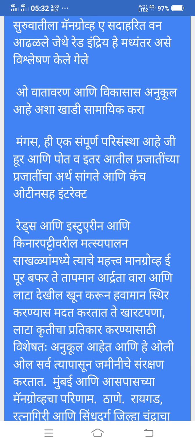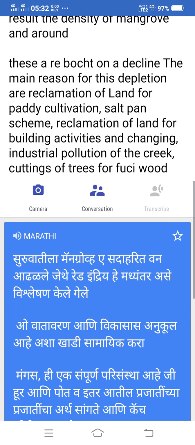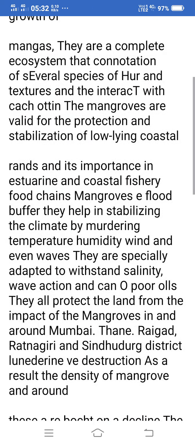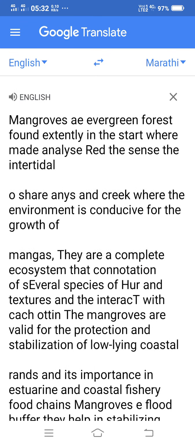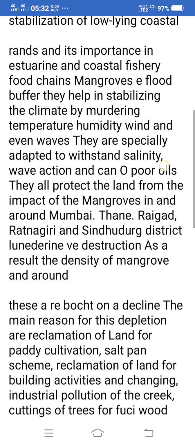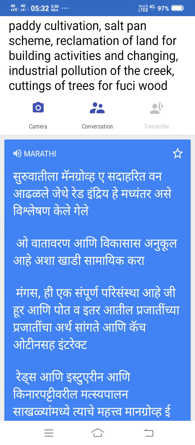The moment I select Marathi, this Google Lens app has translated the information which is available on the hard copy in English, and now it is available in Marathi. If you scroll up, the text is there in English which I copied from the book, and the same text has now been translated into Marathi.